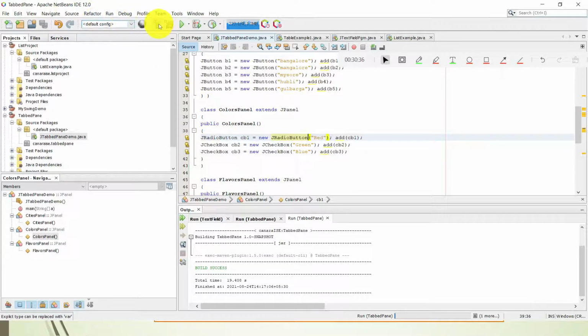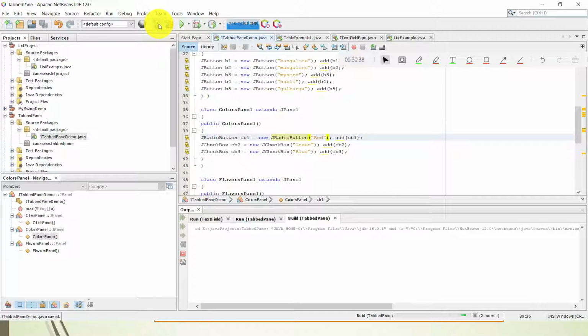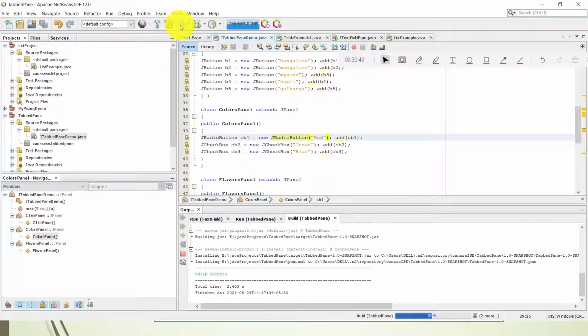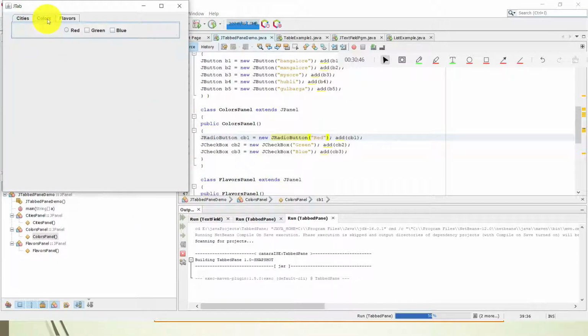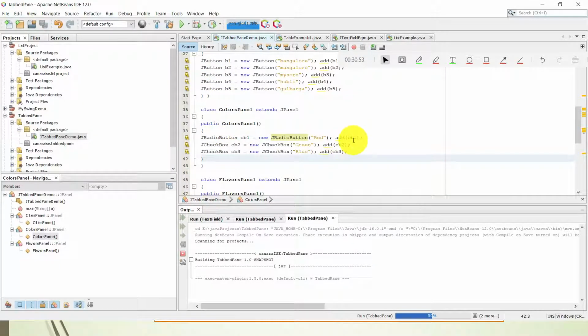Of course, it will look like a radio button, but it will not be a very useful thing because we need to group and all, which I have not done here. So in colors, you can see it is a radio button. It has converted from button to radio button. So you can do such things, students. Such changes you can do.